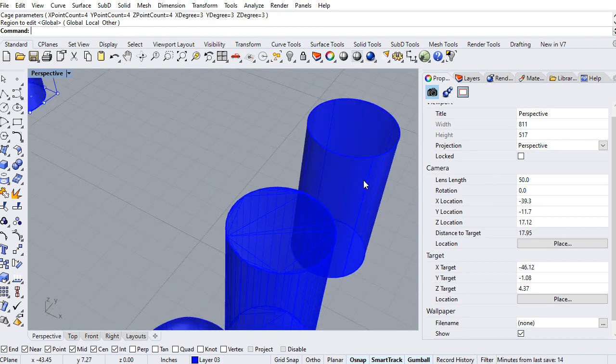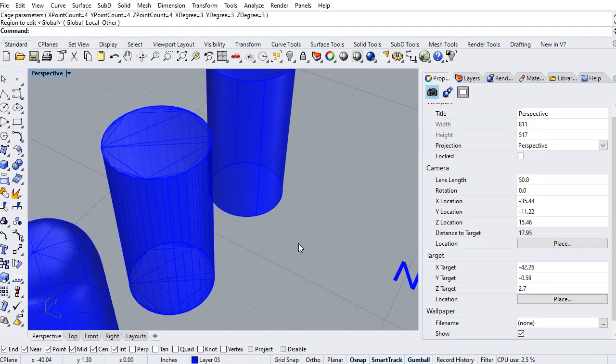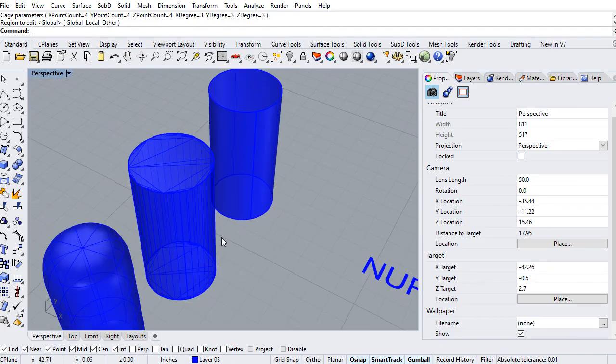So AutoCAD is a mesh modeler. If you've ever tried to draw a curvy line in AutoCAD, it's not a curvy line. It's a bunch of really, really tiny straight lines. And so a long curvy line in AutoCAD is going to have a lot more data associated with it than